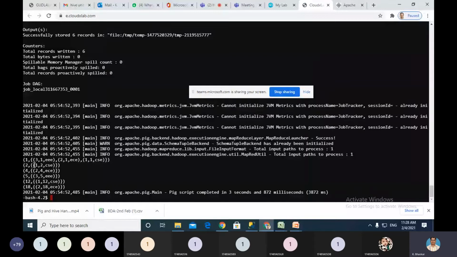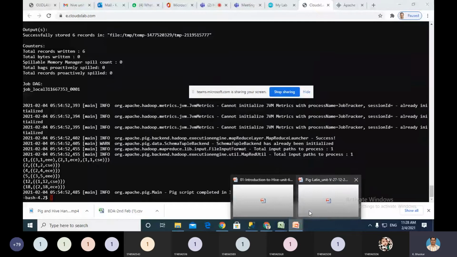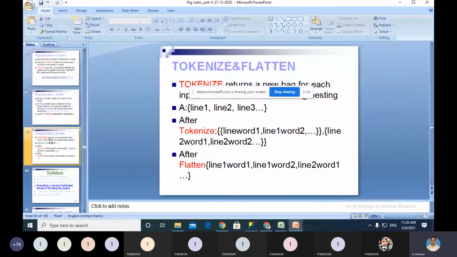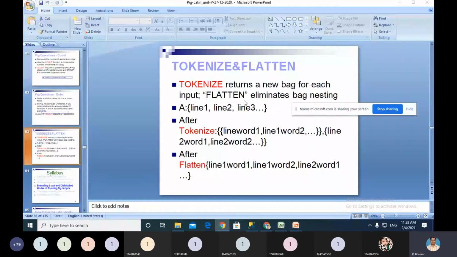This grouping is going to form a key value representation. Key is the corresponding column and value is the corresponding relation. Key value pair, so values are nested tuples. So you can remove that nesting by flattening and tokenize. Flatten and tokenize are available in Pig Latin. This is how to eliminate